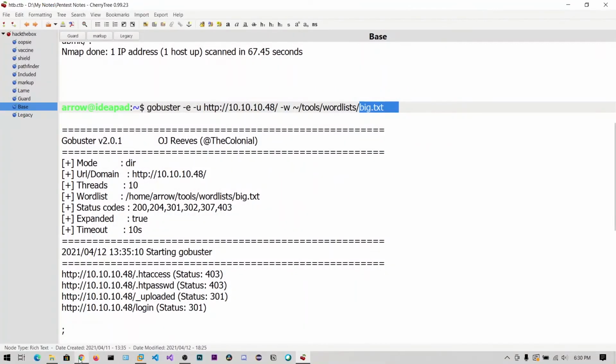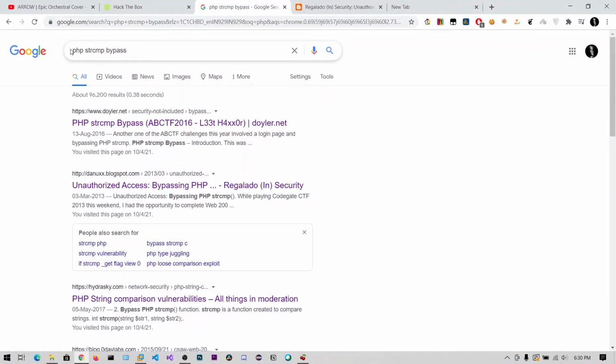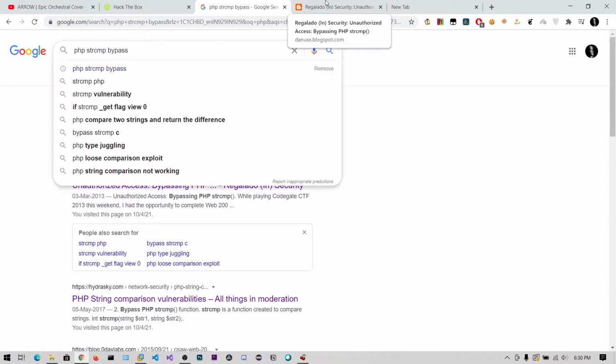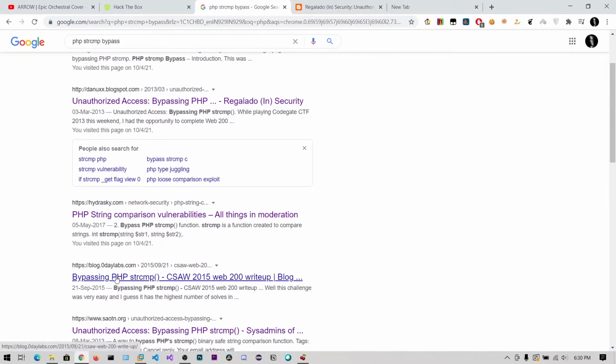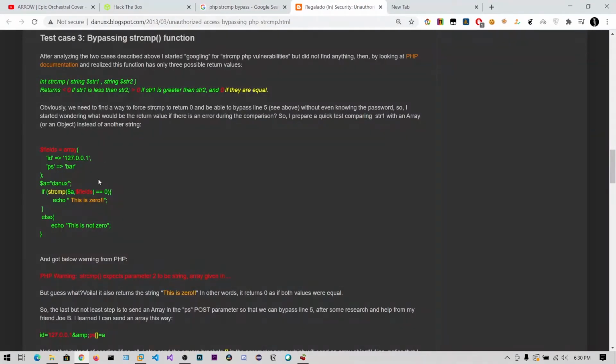To do that, you can just google for PHP strcmp bypass, string compare bypass, and I have got this website, dynex.blogspot. Here he has explained that there is a string compare between a variable that holds a string and the fields. It's actually that the field is an array.